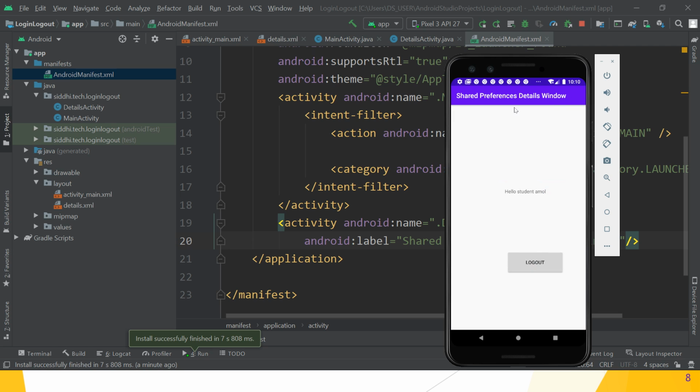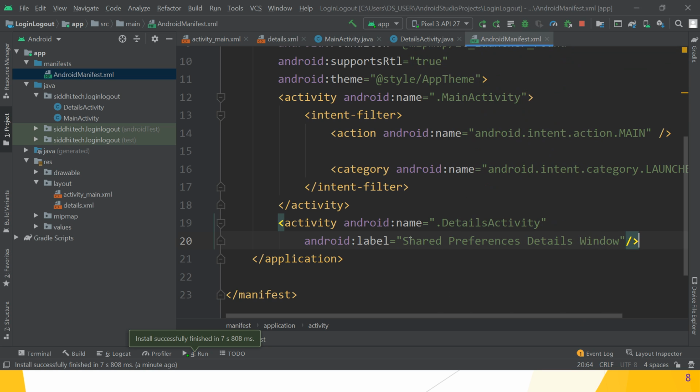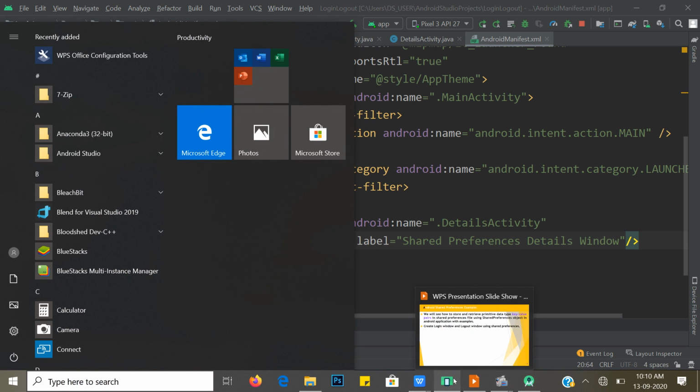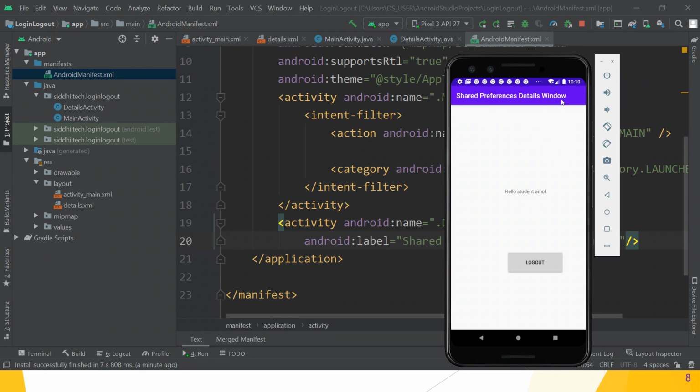This label we have to mention in the Android manifest.xml, shared preference details window. This is the name of the second window, and it appears on the second window's label. So, hello student Amol. Hello student is the constant string, and Amol is fetched from the shared preferences.